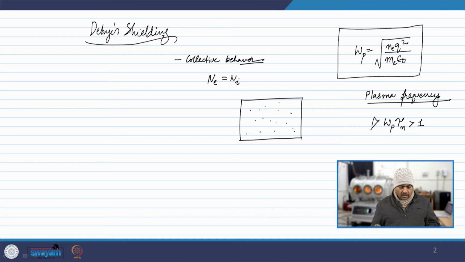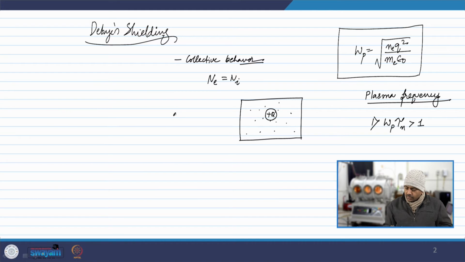Now, what we do is, let us say we take a test charge and keep it inside. What is the charge? Plus q. The polarity is positive and the q is the magnitude of the charge. Now, obviously, when you keep it, you can expect some polarization, all the negative charges getting attracted to it, right. Now, here it is more important for us to